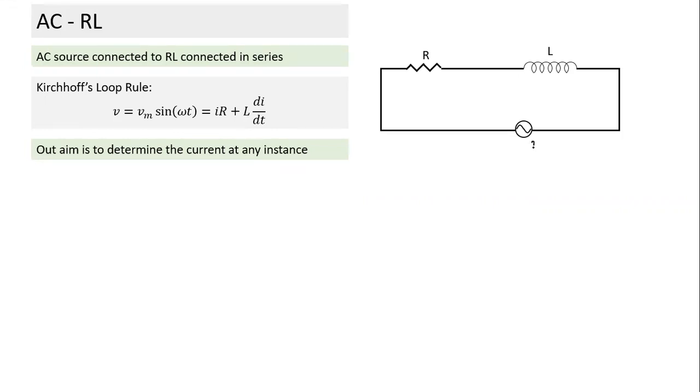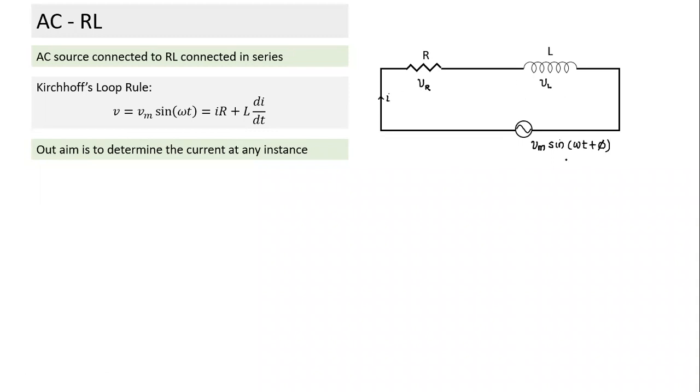What kind of applied voltage? The applied voltage is sinusoidal. I can write this equation as V equal to V sin(omega t plus phi). Phi may be 0 or non-zero. It can have any value. Based on this, our aim is always to find the value of current. In this case, we are also interested in finding out how the voltage across resistance will vary, how the voltage across inductor will vary, and how the current will vary. So we want to know three things.